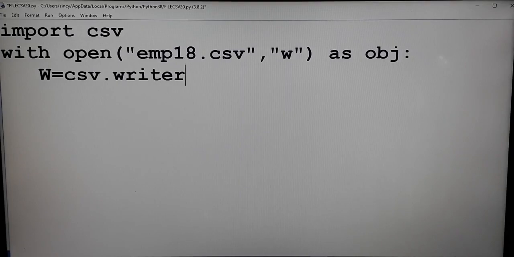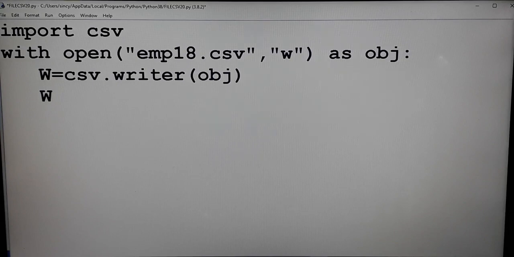It is similar to your reader itself. There we are using csv.reader, here we are using csv.writer, and the object name obj. Now you created a writer object w.